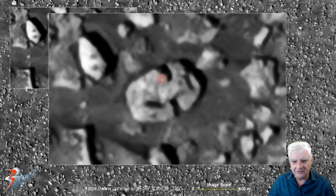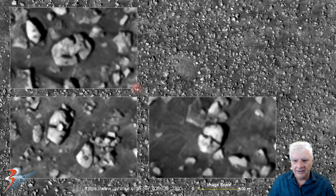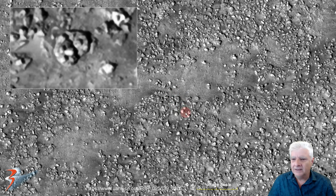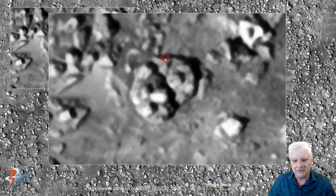Take a closer look at the two larger parts. And then over here we've got a rectangular part bridging the two. And there they are for comparison. Check out the similarity once again. What are the chances of this happening all over Mars in random natural geology? I don't think so. And there, check that out, that's about 20 by 20 meters with two parts, and